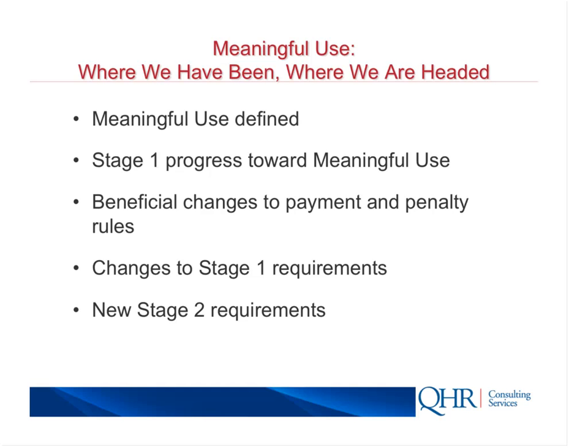We styled this presentation as for what the C-suite needs to know. Just to make sure we're setting expectations clearly, the focus of this presentation today is on the hospital objectives. We will occasionally reference the eligible provider objectives where there is some overlap, but we are focusing on hospital today. I wouldn't expect that anyone would go away from this presentation and be able to have memorized what all of the Stage 2 objectives are. My hope is that we'll be able to cover each one of these at a high level so that you can eventually refer back to the presentation materials as a guide